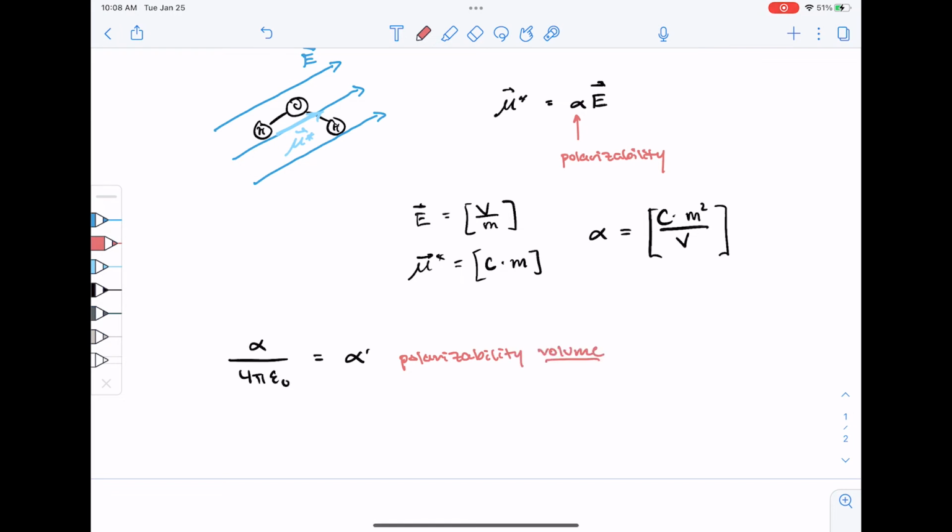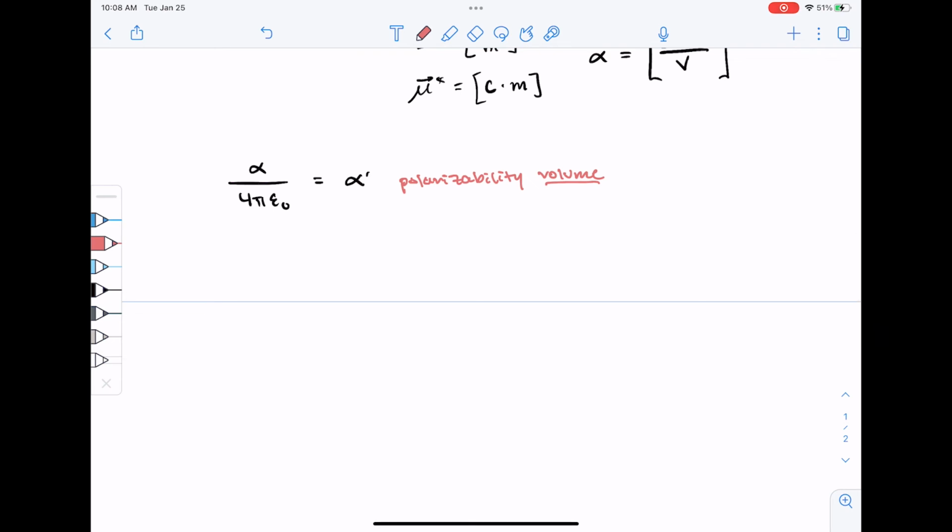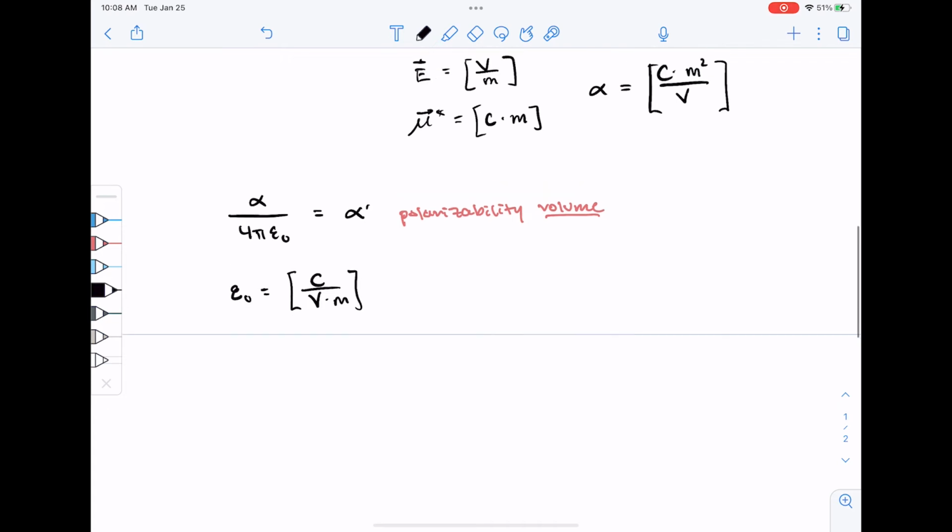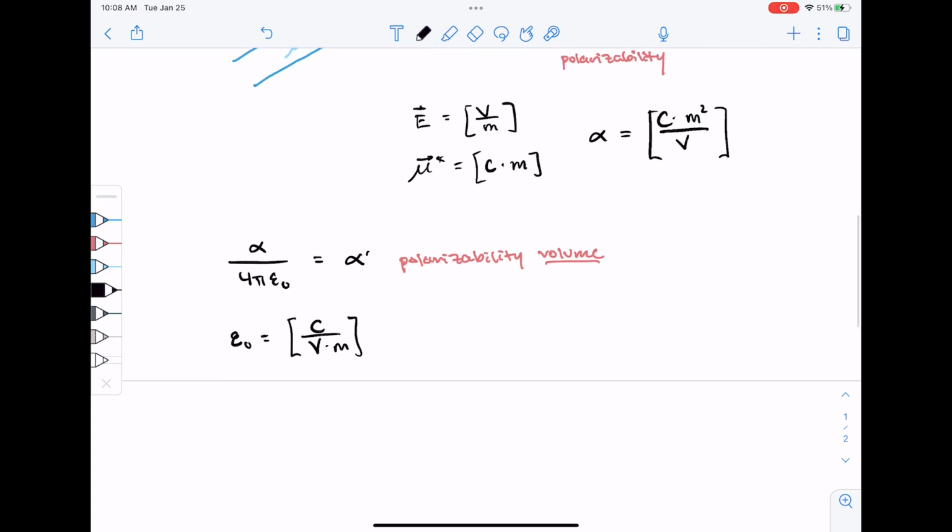So why is it called polarizability volume? Well, 4 pi doesn't have units, but epsilon naught, the permittivity of free space, has units of coulombs per voltmeter, which means that if we divide the polarizability alpha by epsilon naught, then we get that alpha prime has units